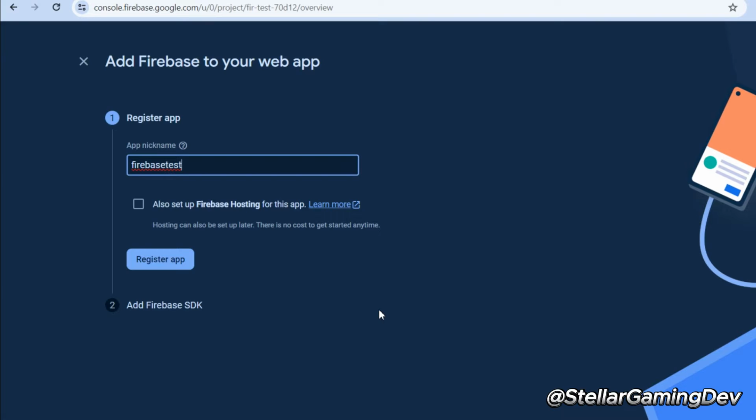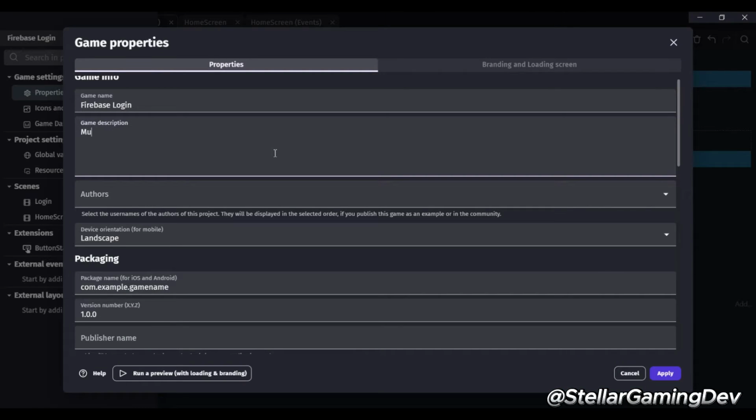The portion you will need to copy is between two curly brackets. It will have your API key and other important information. Take very good care of this information as it is sensitive and no one else should have access to it except you. Once you copy that portion, you can bring it over to GDevelop and place it in the Firebase